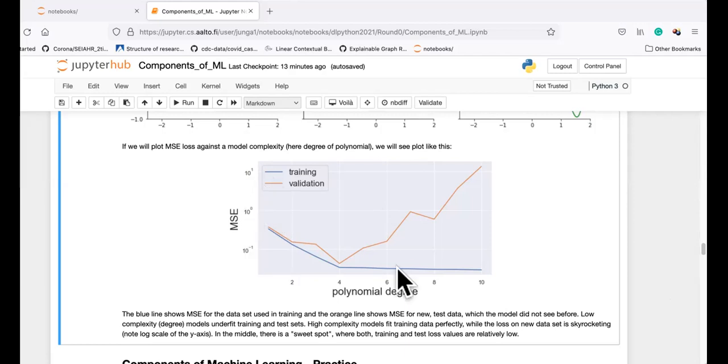So here in this picture, these are types of plots you will look at a lot. This will be maybe your main tool. You can think of it as your Swiss Army knife in the day-to-day business of deep learning. You look at such plots and then think about what you should change in the model or in the data.